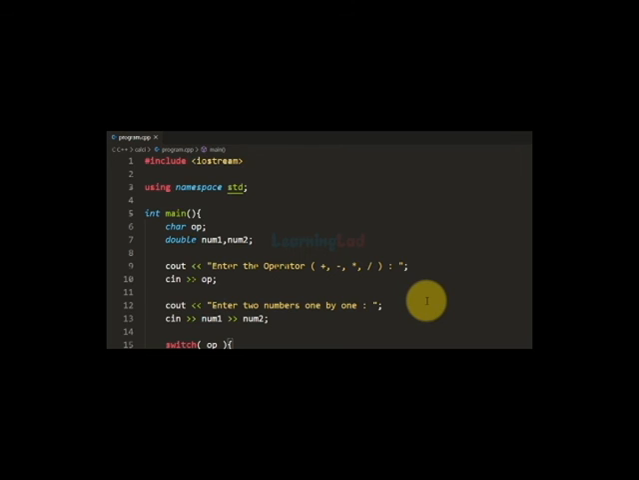We will run it, and this time I'm going to enter some other operator like the question mark or hash symbol. I can enter anything other than plus, minus, multiplication and division operator, so I'm going to enter hash. I'm going to enter two numbers, 10 and 20. It says hash is in